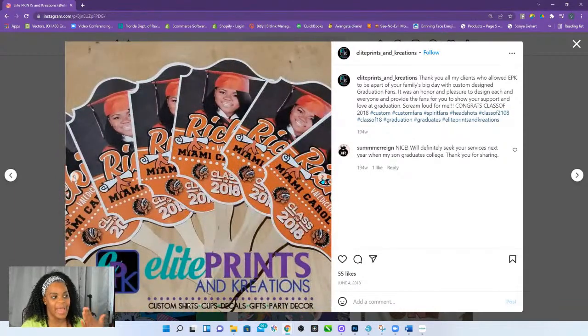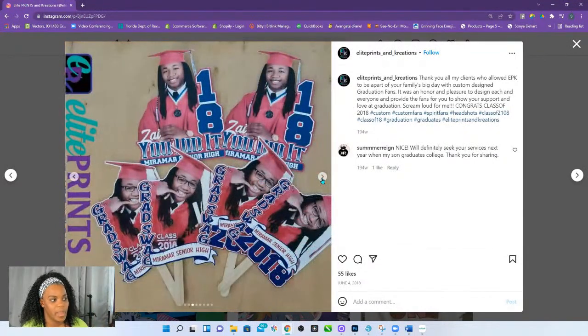Then I did this version, which was inside of a frame. Same exact picture. Just her name, valedictorian, Miami Carroll City, the two mascots, class of 2018. His is pretty much the exact same thing. Hers said valedictorian, his says you did it. His name is really small. The 2018 was only there because his picture was cut off on the side, so I put the 18 there to cover that up.